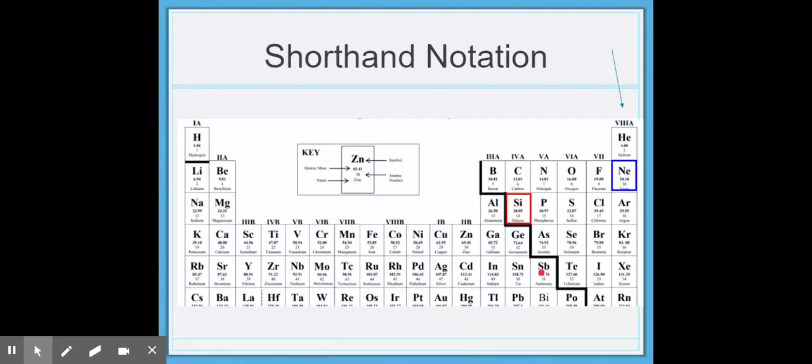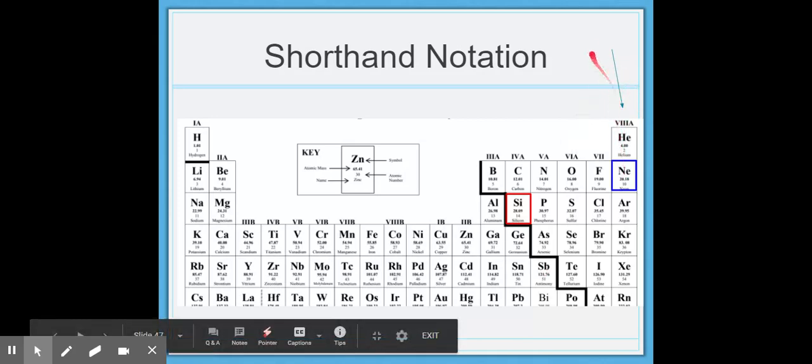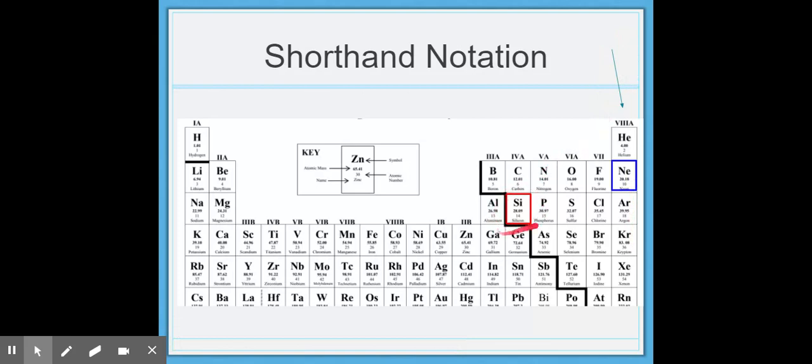And so again, how it works is I look for my noble gases, which is where this arrow is. And again, the one I was looking for was silicon. Okay, so that was what I was asked to find the electron configuration of. So you can either do it by doing what we did before, which is just counting up all the boxes, or you can be like, okay, silicon is here. Where's the closest noble gas with a lower atomic number? Well, that would be neon. All right, so remember, you want to have the lower atomic number, so don't use argon because it has a higher atomic number. So we'd want to go to neon,